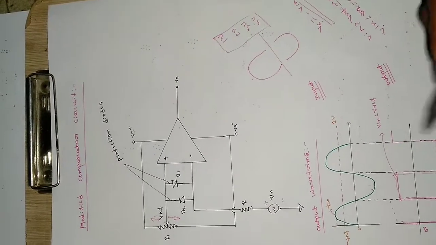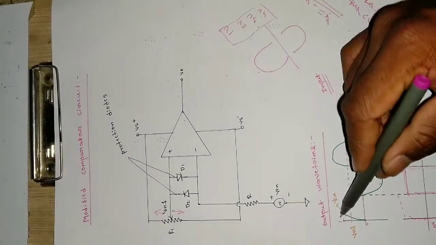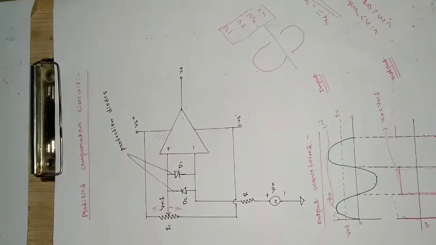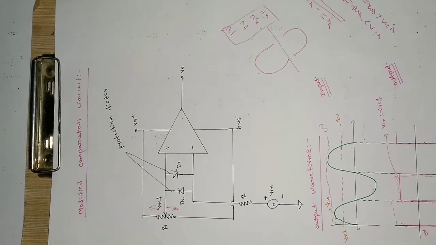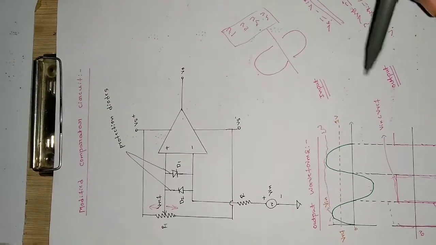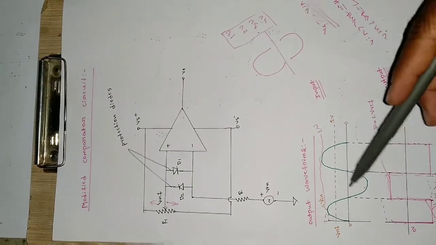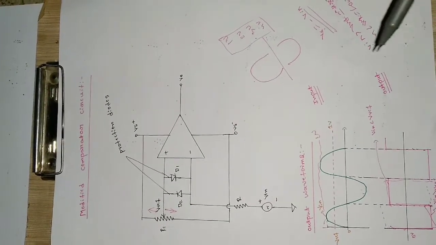But we can change the V reference voltage, where if it is previously 1 volt here, then I can change it to 2 volt here also by rotating this notch. So that flexibility we have in this circuit. So like this, if it is inverting, the phase will change by 180 degrees, and we are getting the opposite of the previous output.